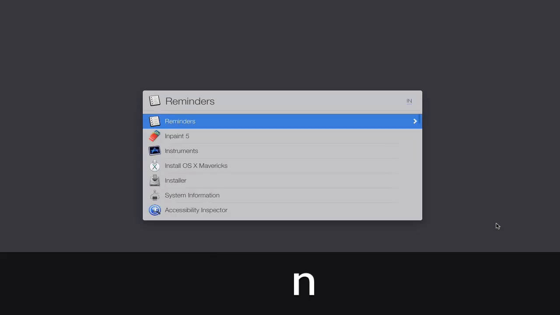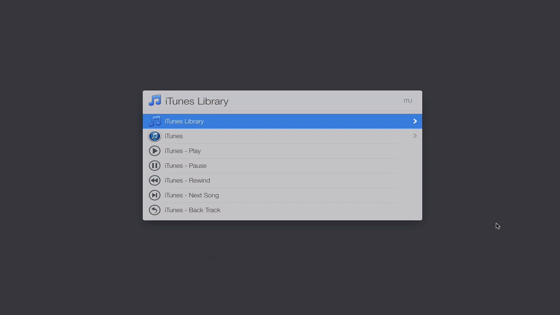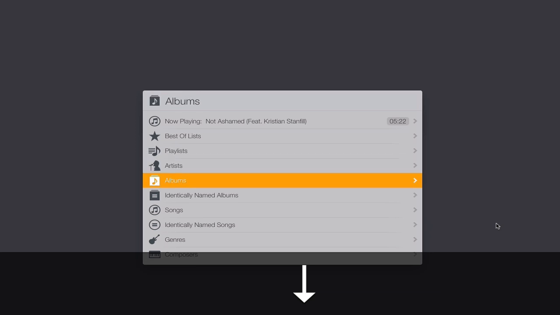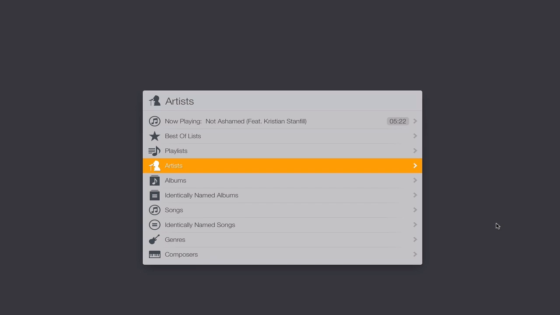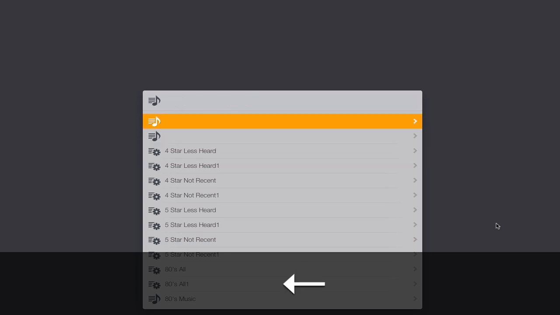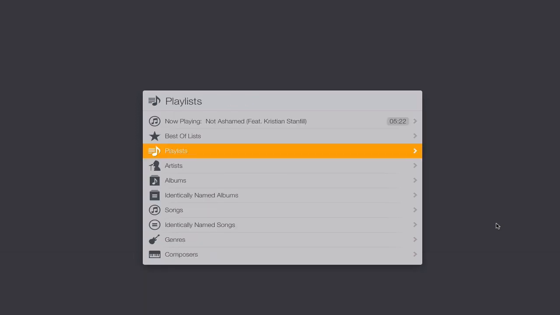One more thing is how they handle iTunes and music. So if I go to Launchbar and I type in iTunes, just like this, you can see I can play, pause. I can also go through my iTunes library if I want to, and I can just pull up whatever it is I want to listen to, albums, songs, all of that type of stuff, and just launch them that way. So I've got playlists. Here's different playlists that I got. I can just launch my playlist just like this and maneuver back and forth with the arrows,